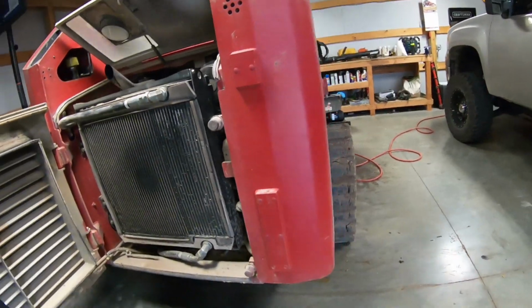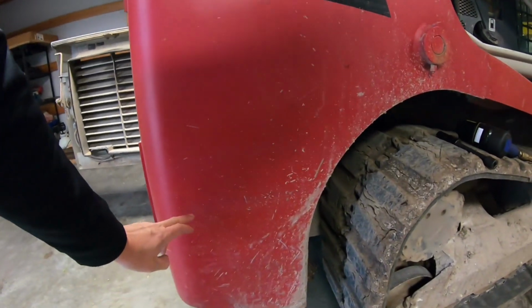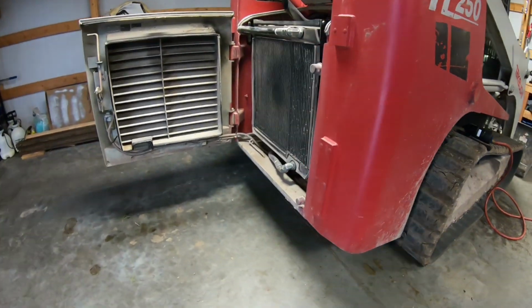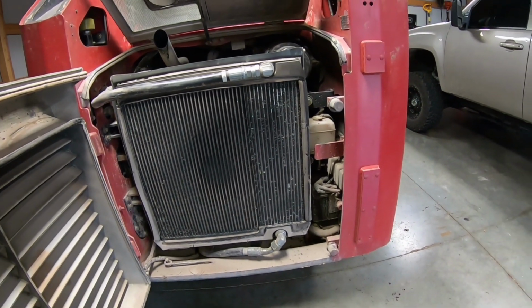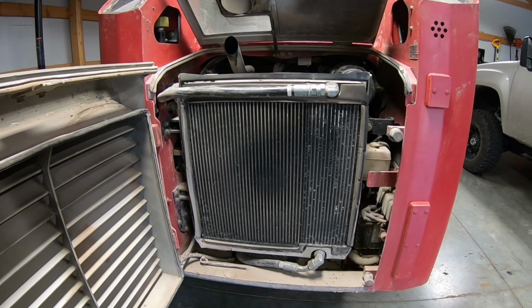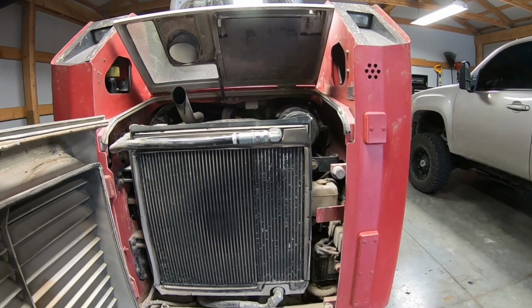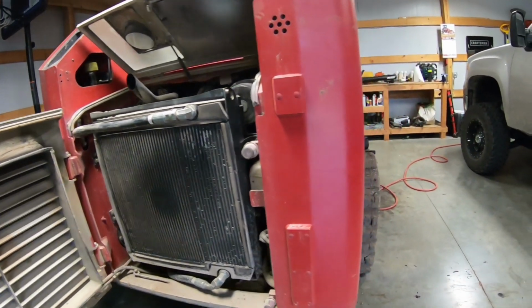I know on like the TL12 R2 and V2s, they've now put a plate on the side of it over here that you unbolt, and you can get right to the battery, which is a great idea. So that's one of the other things, which I understand there's only so much room to pack in these machines, but like on my old Case, the battery was where your feet sit, right above the battery. But on this machine, the